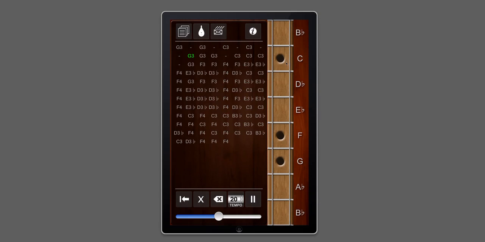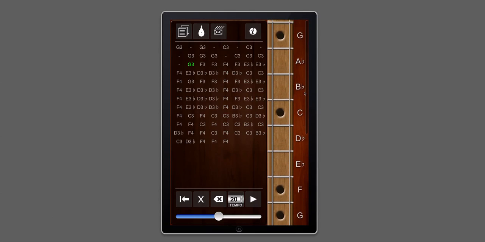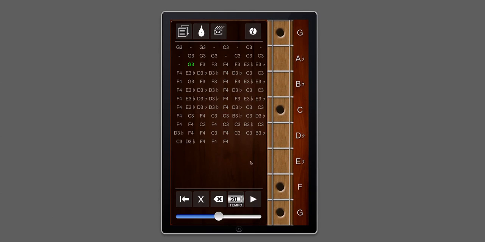The notes that are currently being played, the frets, are shown on the instrument handle, so you should be able to follow along at a slow pace. You can pause it at any time, start over, and so on. Should be a very useful tool for people who are wanting to learn how to play the Tingalin. And